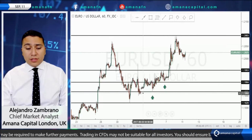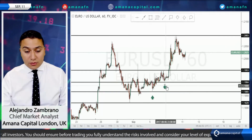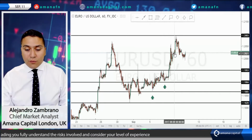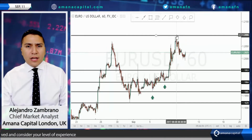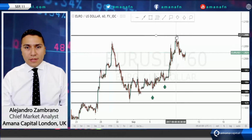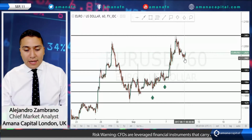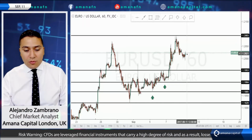And the trend is clearly bullish. You can see the price is creating higher and higher lows, and price reached a high of 120.93 a few days following the last ECB rate meeting. Since then, the market has pulled back a little bit,